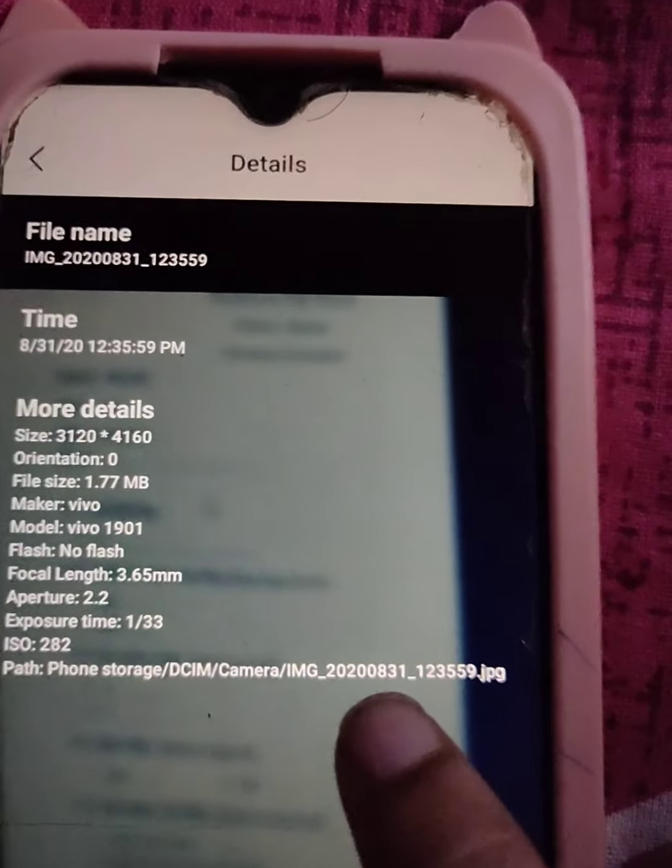Now see this digit. You can see here the image name.